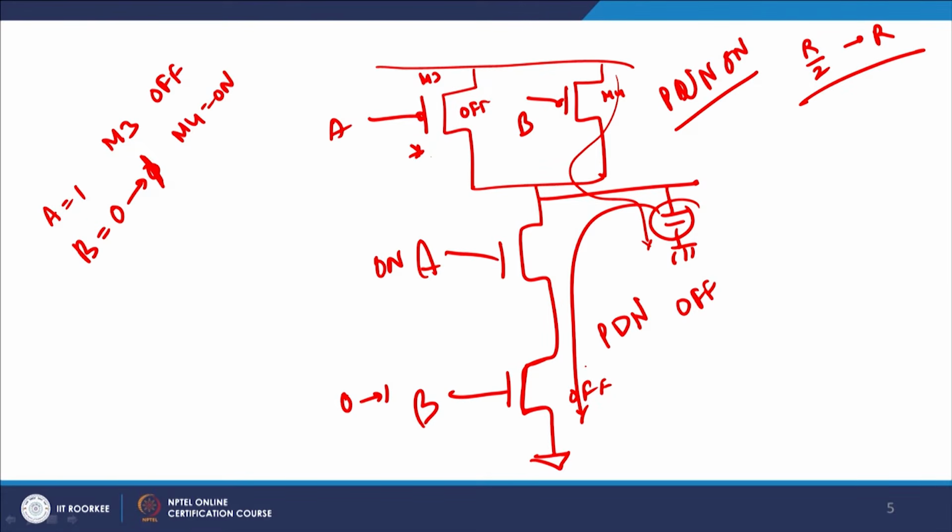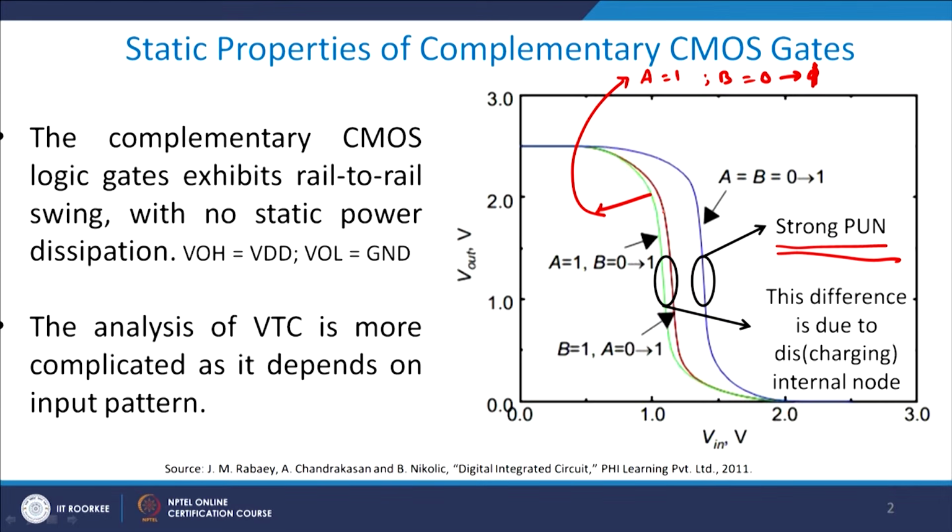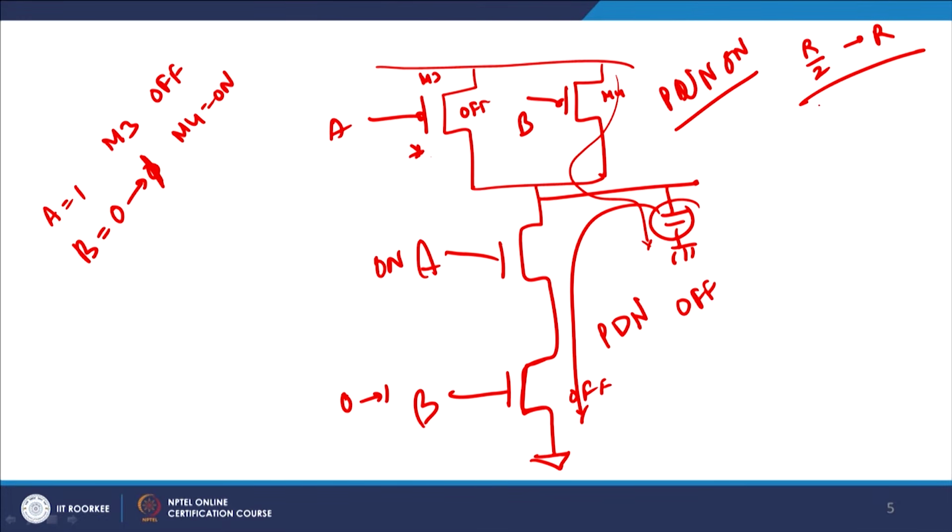To understand one basic issue which you need to correlate, there is a very finite difference between this and this. The green one was when A equals 1 and B goes from 0 to 1, and the violet one is with B equals 1 and A goes from 0 to 1, right. A very subtle change is there. So, why is it like that? I will explain to you within a few words as you move forward.